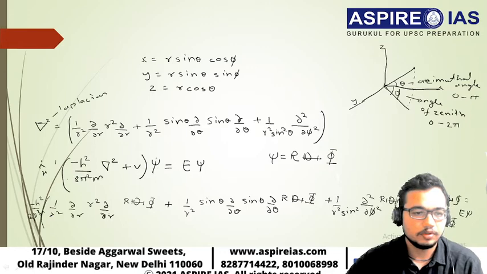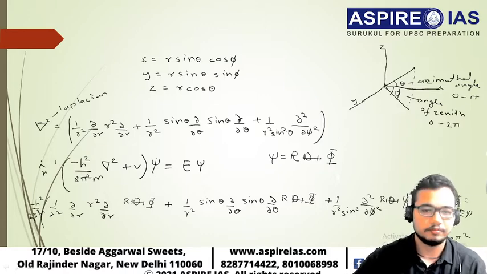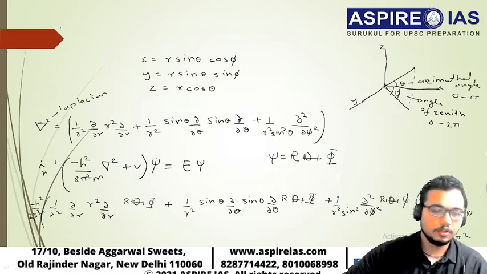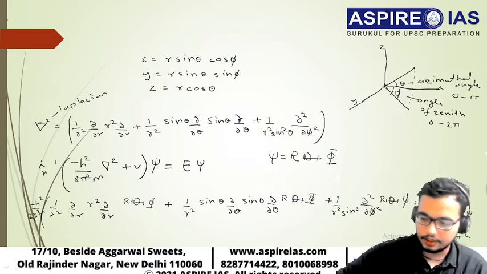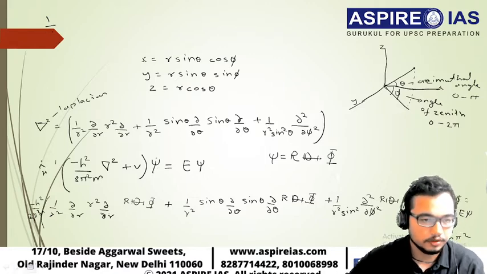and also we will be multiplying this by 8 pi square m by h square, that is this term, so that this can come with V. Now upon doing this, what we will get as the final equation, let us take it in the next page.